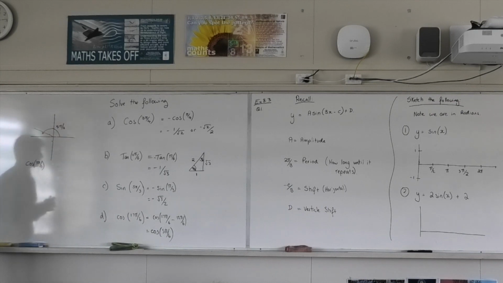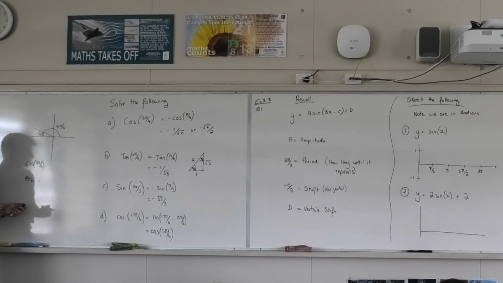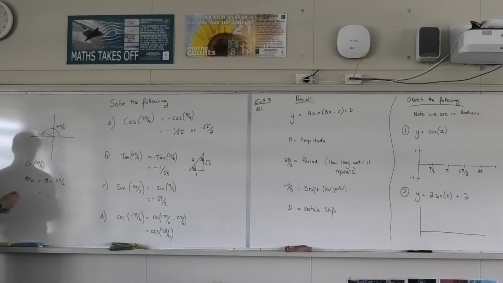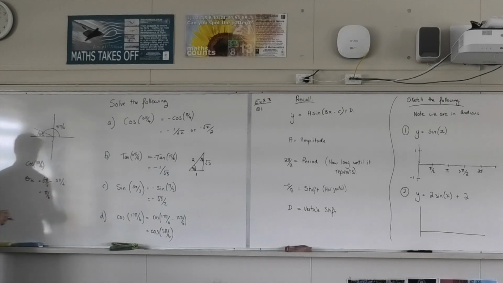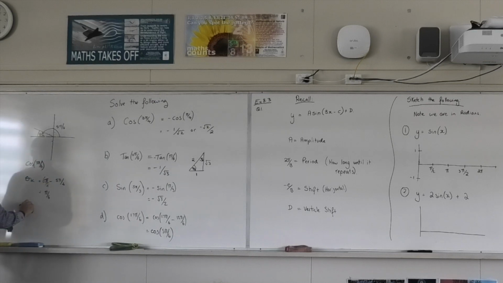What do I want to know? This little angle here, what do we call that? Theta k. What's the equation for theta k? Theta k equals pi minus 5 pi on 6, which leaves me with, for those of us who like our fractions, 6 pi on 6 minus 5 pi on 6, which leaves me with pi on 6. So I need to write a line for cos 5 pi on 6. Cos 5 pi on 6 equals